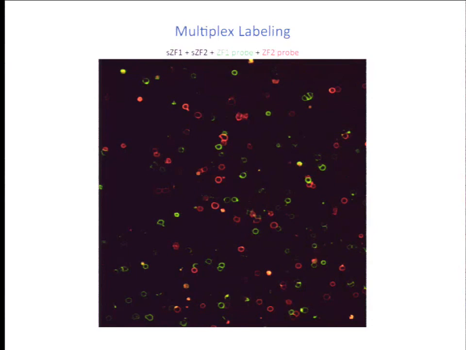But then how does one go from standard 2 colors or 3 colors to more than 3 colors? The idea here is that one still uses 3 colors, but one uses these 3 colors in a sequential fashion. The idea being, if you have cells expressing the zinc finger protein on the surface, then you expose them to an appropriate DNA binding probe. And this probe really has two components in it. The first is the double-stranded DNA domain, which is what the zinc finger binds to. But then what one does in the first step is one exposes the probe to only one fluorophore.